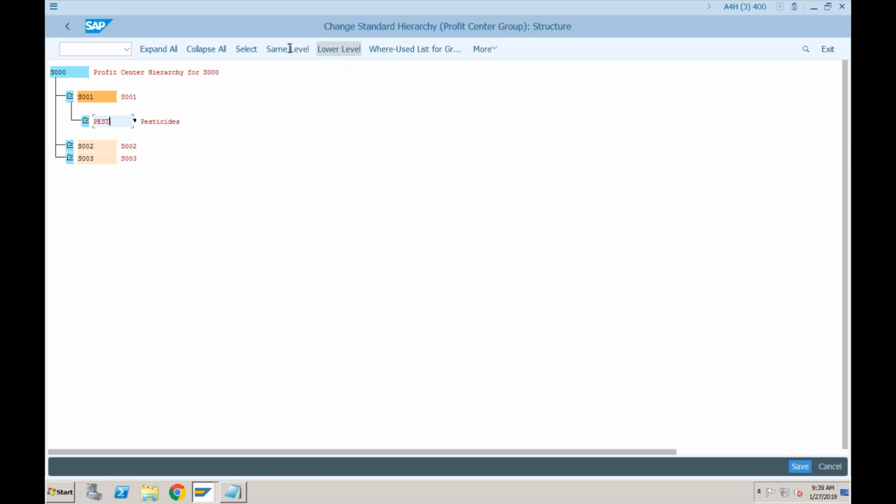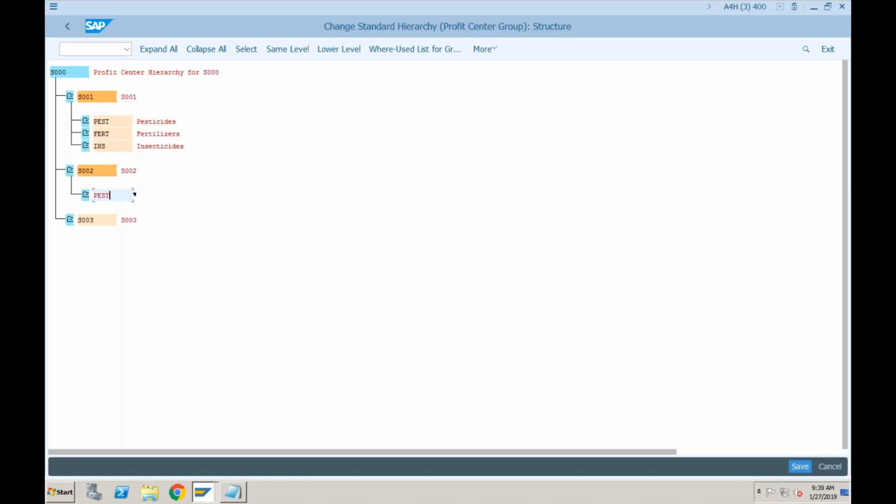Okay, create another same level code. This is fertilizers. And let's say this is another same level code, which is insecticides. Same way, if you want, you can configure in S002 also. Let's go to the lower level code.